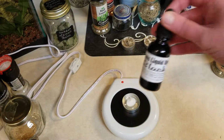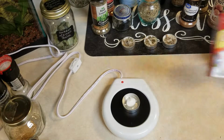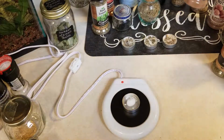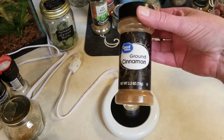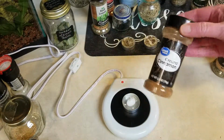You can use candle dye. You can use food dye. You can use natural dye, or you can use none at all. And this one I'm not going to use anything. And actually I'm just going to use very, very basic herbs you can get from the grocery store, even the dollar store. So we have ground cinnamon